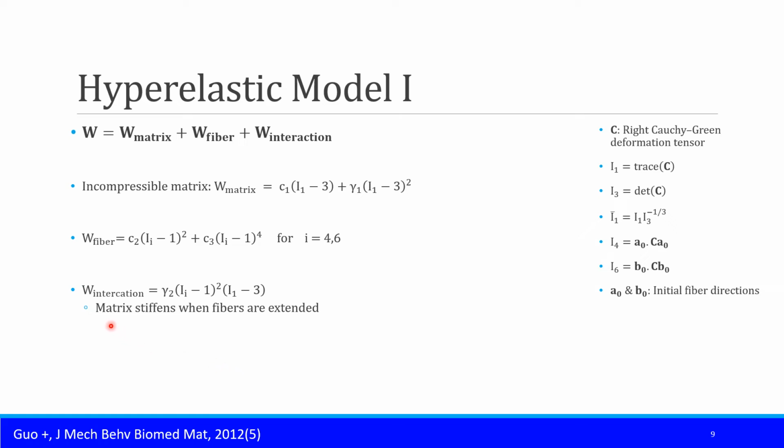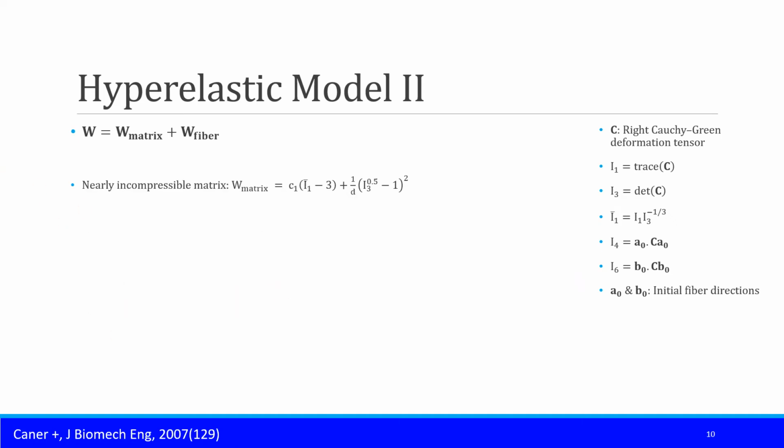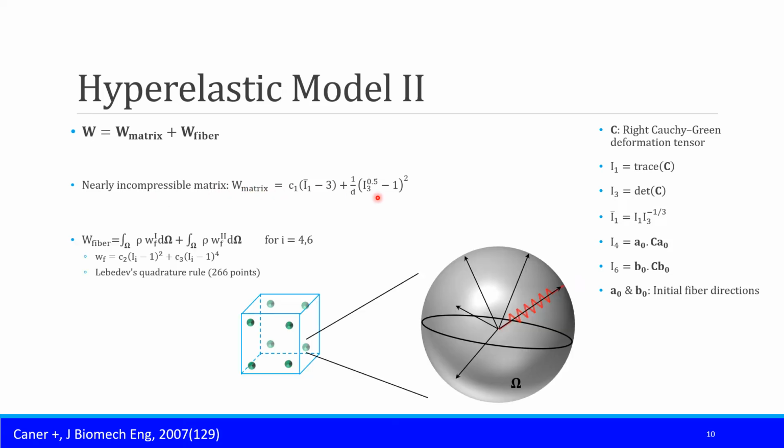Basically, they say the matrix should stiffen when fibers are extended. Here, we propose this simple yet accurate term to consider the interaction between the fibers and the matrix. We additionally use another hyperelastic model which has the contribution of the matrix as a nearly incompressible Neo-Hookean solid and the